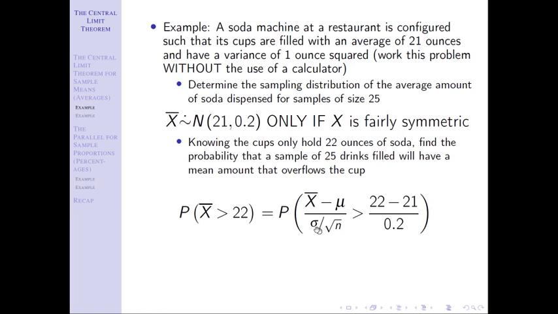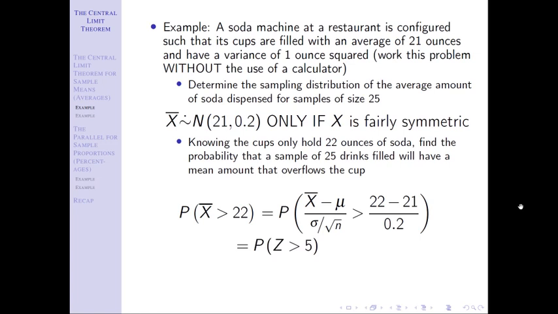Alternatively, as long as you remember the formula, you could have here put 1 divided by square root 25. That would have been fine. And then we just do the math. Because we have intentionally standardized this, again, standardization does not mean we get to go to a z distribution, but if we standardize something that's normal, we get to go to a z distribution, and then here we just get whatever the number happens to be.